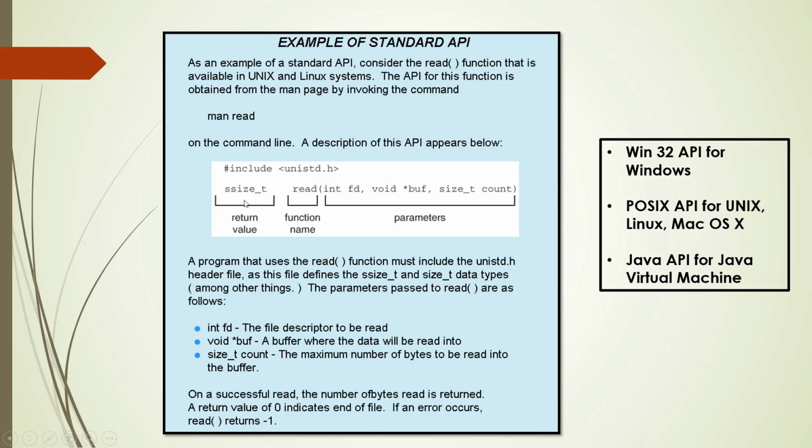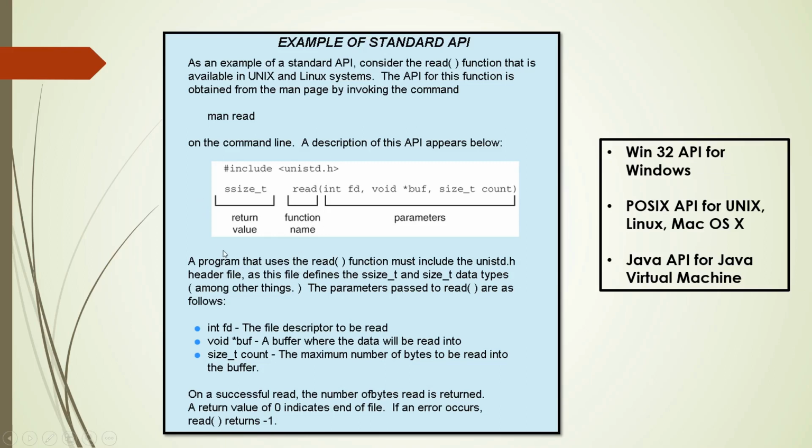If there is an end of file, then it will return 0. And if there is an error while reading the file, for example some disk error, then it will return -1.